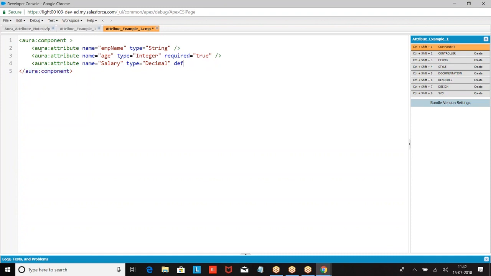And else I can give default value. aura:attribute name equal to, type equal to. So I have defined attributes.